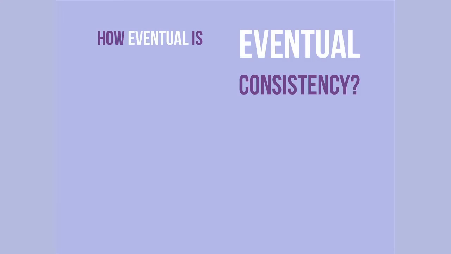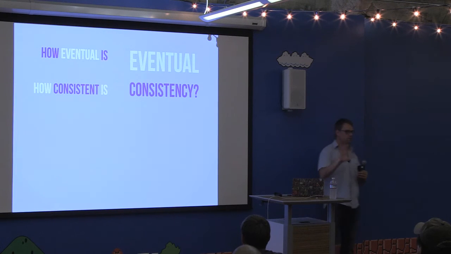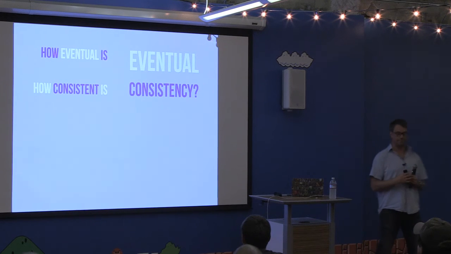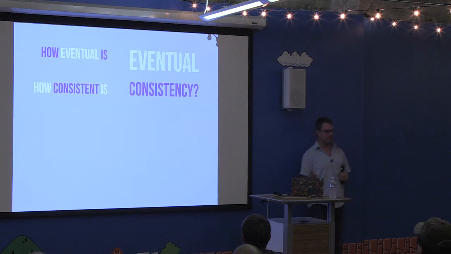One question though is how eventual is eventual consistency, and how consistent is eventual consistency. I said there's nothing black and white. You can't say in 1 second my system is fully consistent. Eventually is a bit fuzzy, right? So how can you make sense of this? And that's a hard